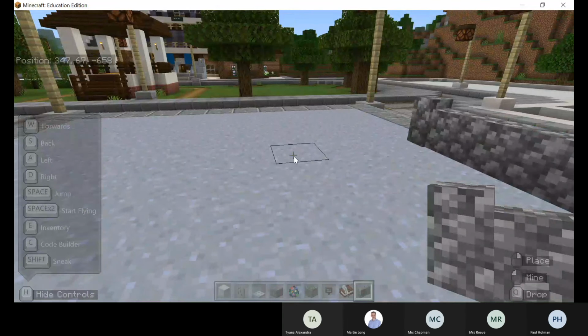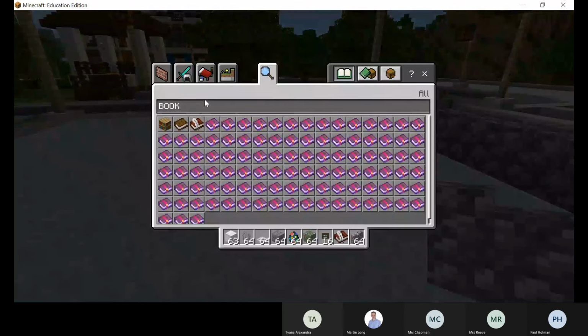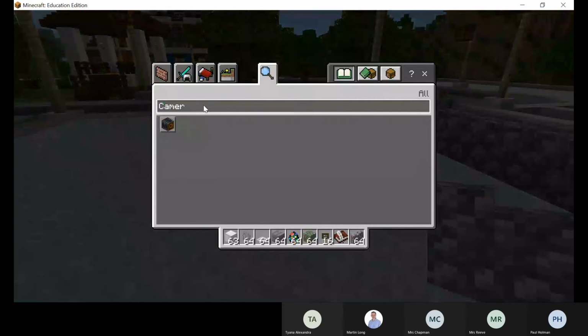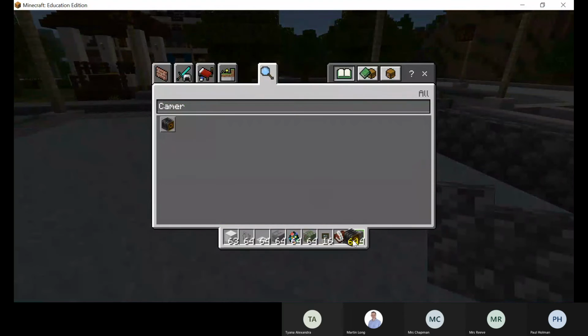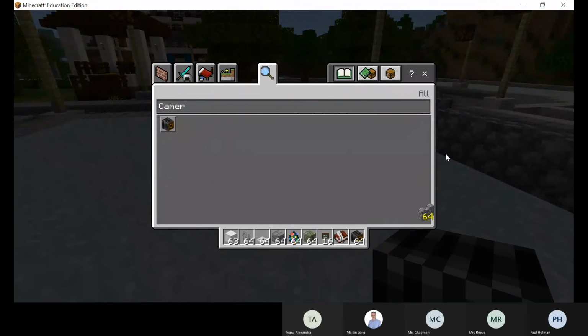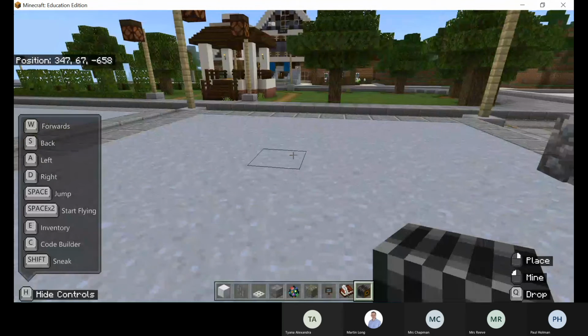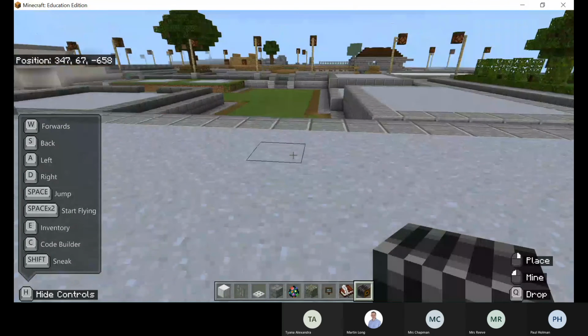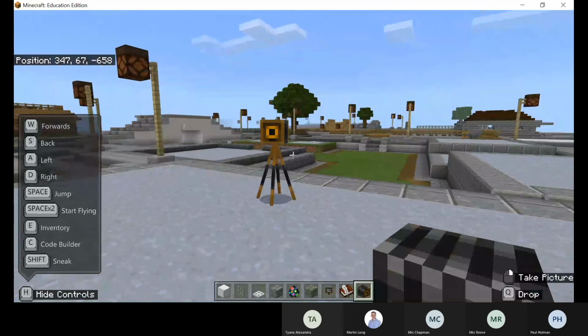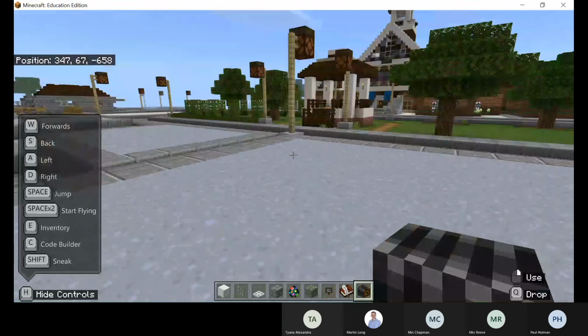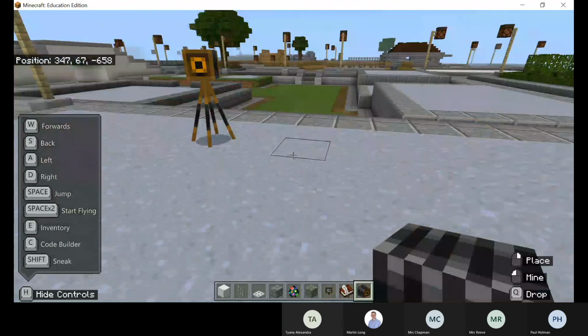I think I'm going to go back to equipment, and I'm going to get rid of book. I'm going to search for camera. And I'm going to drag a camera in to replace those blocks there, throw those away and come back out. Now I'm going to select the camera, and I think I'll put the camera there. Then I'm going to stand, at the moment I'm stood in front of my wall, in front of my mossy items, and I've got my bridge in the background, and I've built that. I think I might slide just a little bit to the left there.